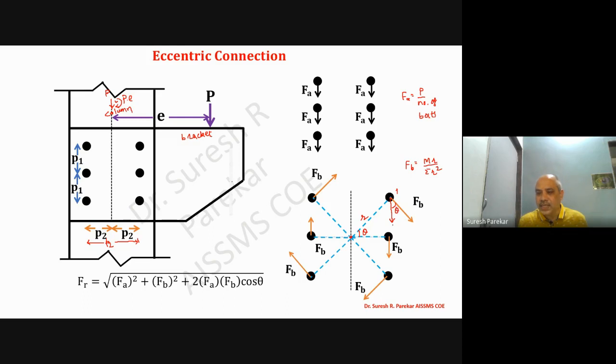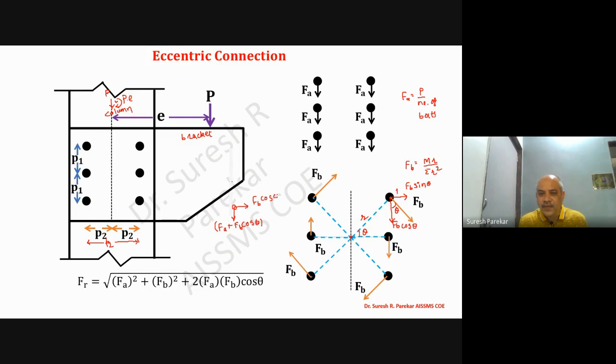So we are going to get this component, that is Fb cos of theta. And you are going to get horizontal component, that will be Fb sine of theta. So now we are going to get these components. So you are going to get that vertical total load, if you will find, that will be Fa plus Fb cos of theta. And then horizontal you will get it as Fb sin theta.